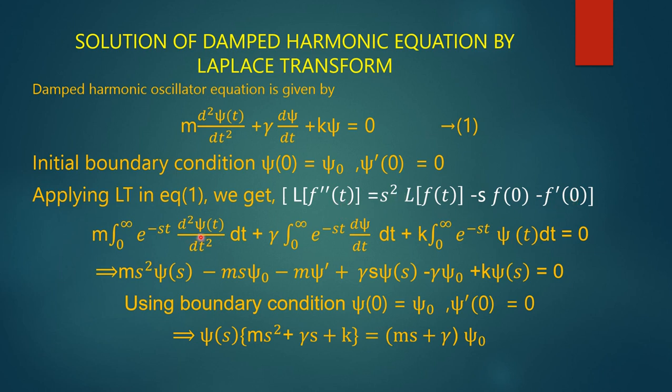Thus, this expression can be written as m s² Ψ(s) − m s ψ₀ − m ψ'(0),